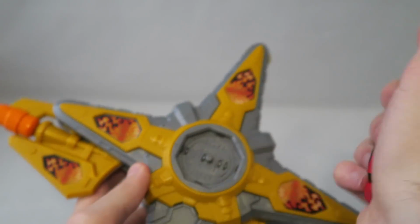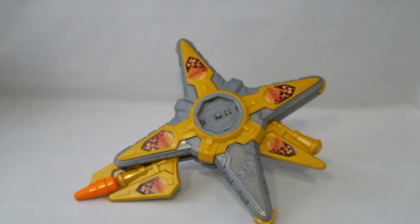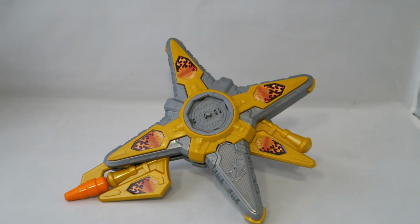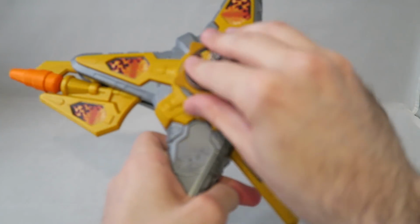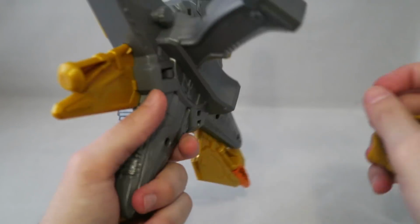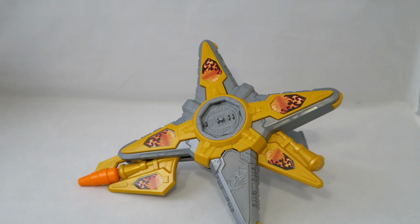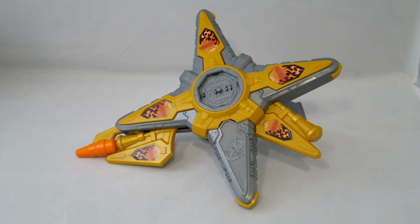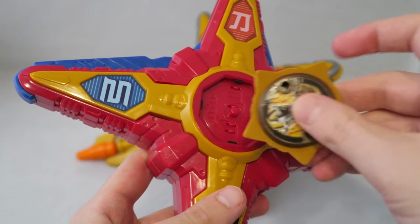I do want to point out that this one spins a lot easier in there than any of the other ones. So yeah, unless mine is glitching, I felt like when I opened it, it couldn't escape out of try me mode. When you're in try me mode, it'll just do it right away without me even pressing it. So if mine is in a glitch mode and you have one where it actually reads individual ones, let me know, but mine does not read individual ones. Fortunately, the original recipe Morpher does read them, so...